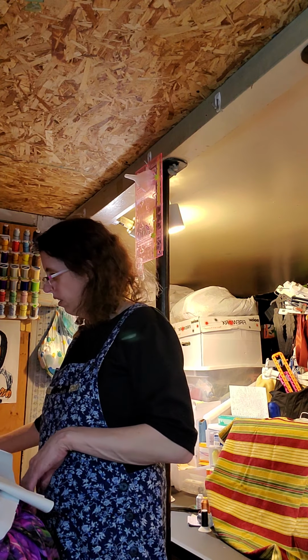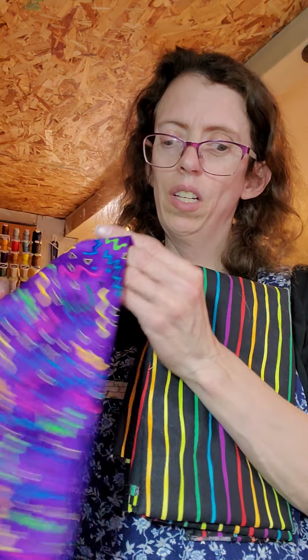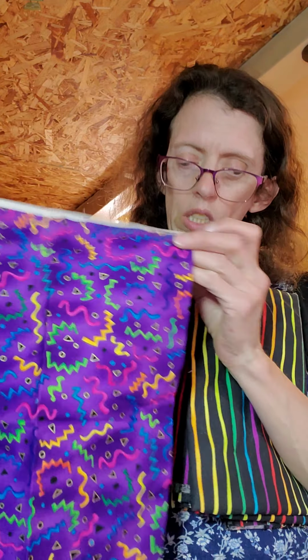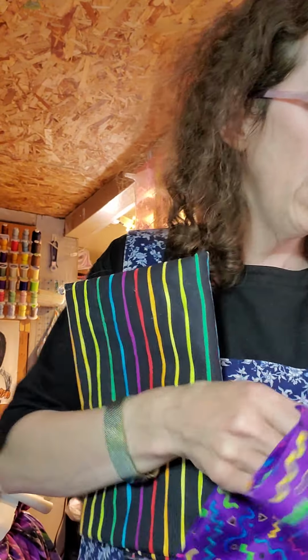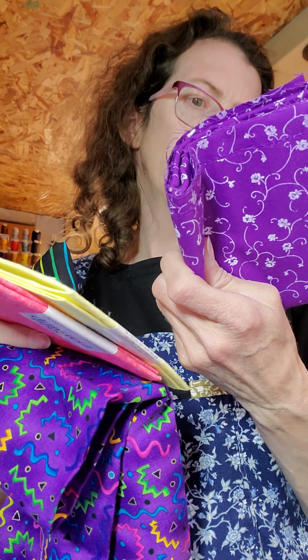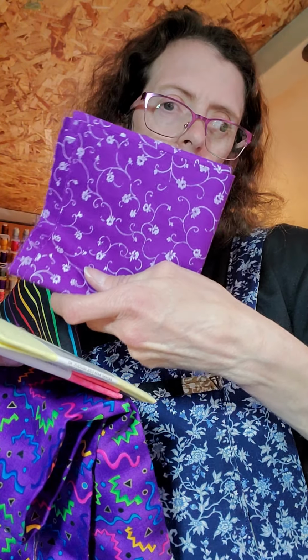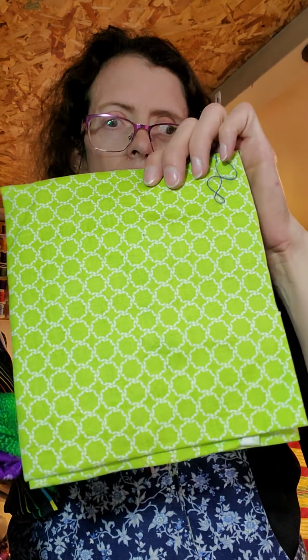So next pieces of fabric. These ones were in a bag of fabric. And my most favorite piece is this one out of that bag. Well, this one and a purple one. Then I have this one that is absolutely gorgeous. And it was probably just a fat quarter, which it looks like it was a fat quarter. But isn't that gorgeous? But there was quite a few fat quarters in that bag. And I guess this is half a yard, but it's cute. And then we have a green here, and then another green,